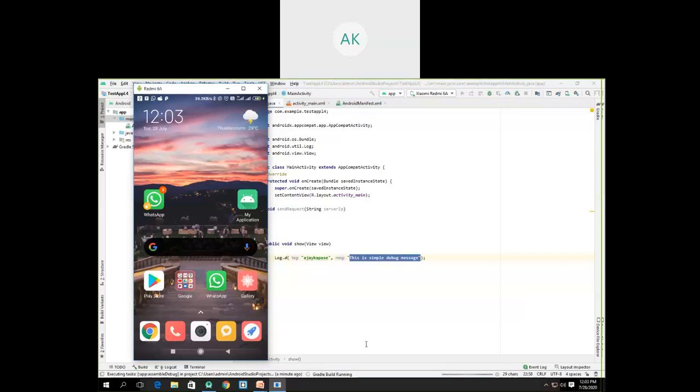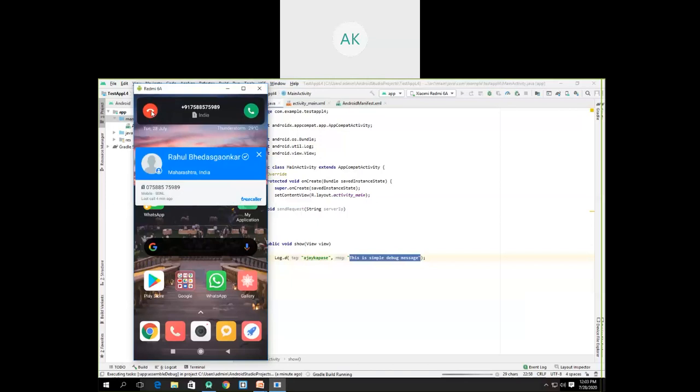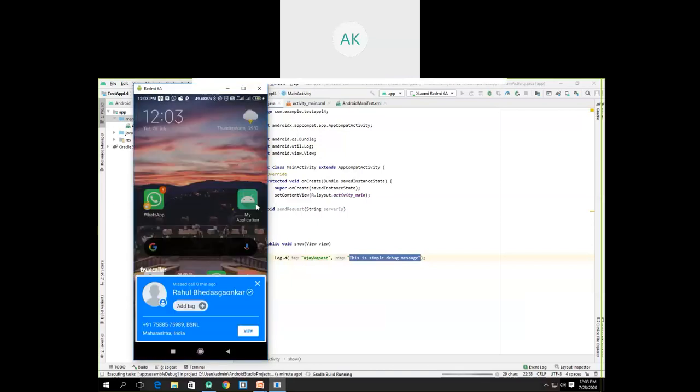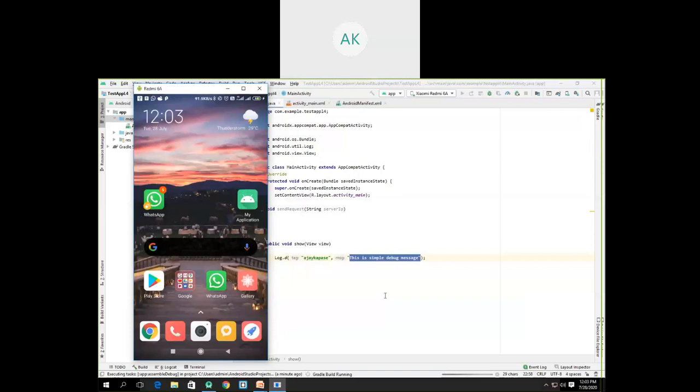So these three steps are done by your Gradle. It builds your app, then installs it on your device, and after that it will run this particular app on your device.